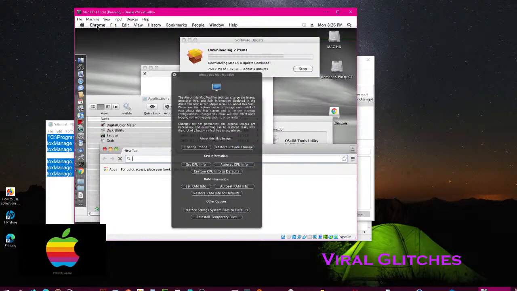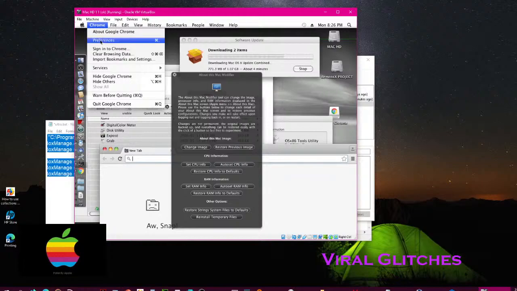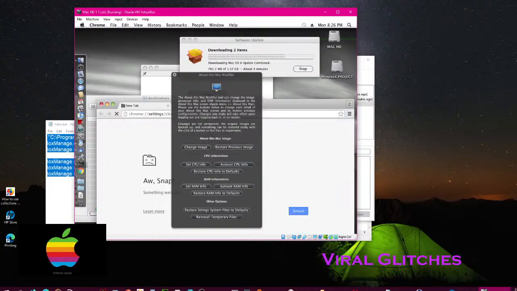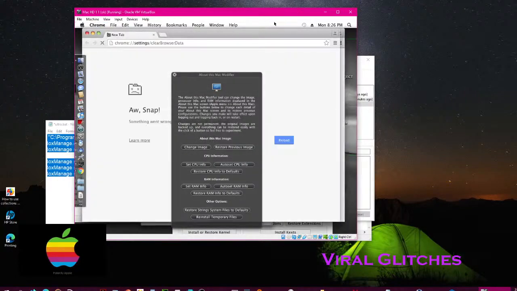I gotta check the preferences. There's probably a script. Clear browsing data. There's probably a script that prevents Chrome from even functioning correctly. You see? Yep, this has totally been modified. Look at,